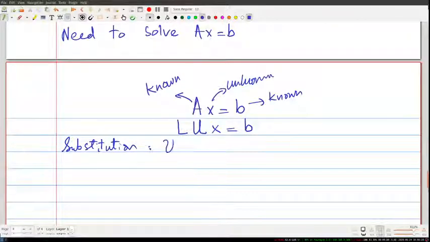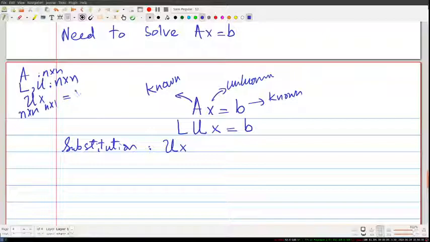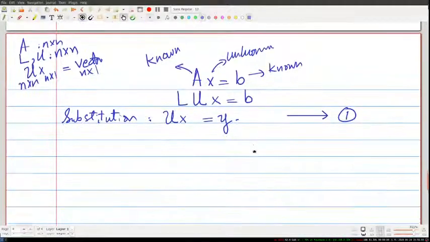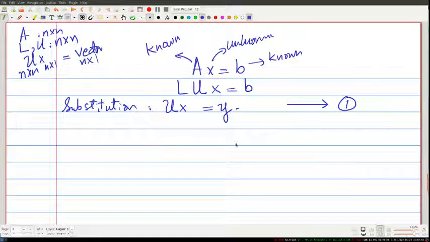We say, okay, let's take this Ux, right? So if A was n by n, then L and U will also be n by n, which means that U times x, which is n by n times n by 1, will give me a vector. This is actually an n by 1 vector, right? And I don't know what this vector is because x is an unknown. So this will be an unknown vector, but let's call that unknown vector y, right? So remember this for later. Now we make the substitution in LUx equals B, and what we get is Ly equals B,